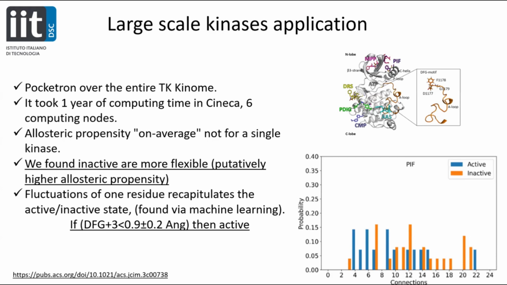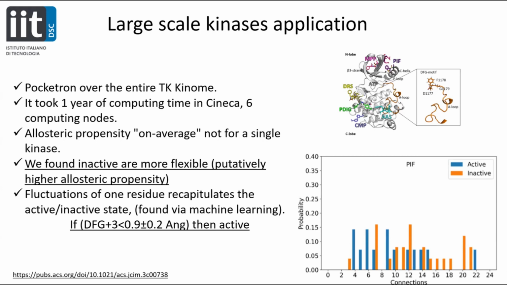It took 1 year of computations in Cineca, which is still a lot, but it was fun. What we found here is that we tried to use hypothesis testing on the probability of observing connections related to some specific